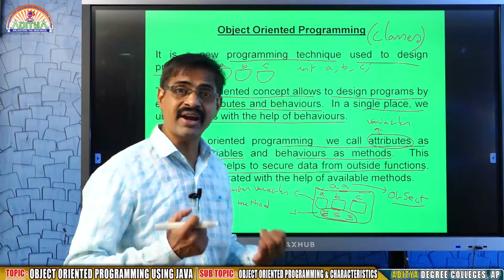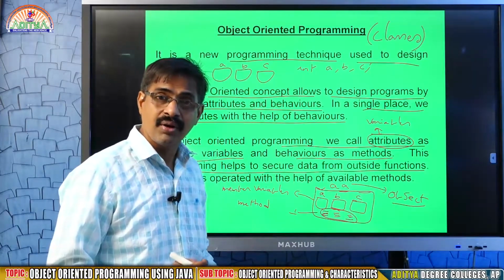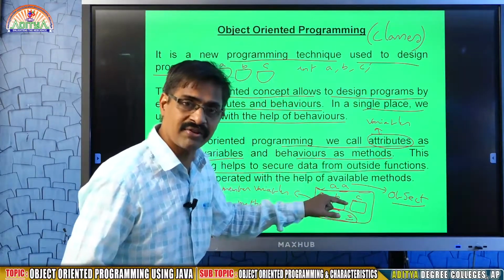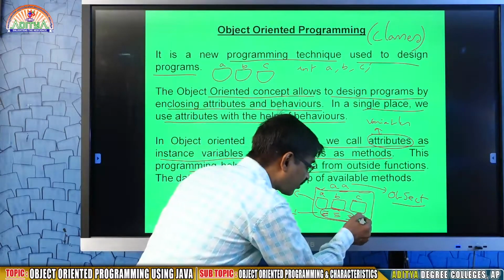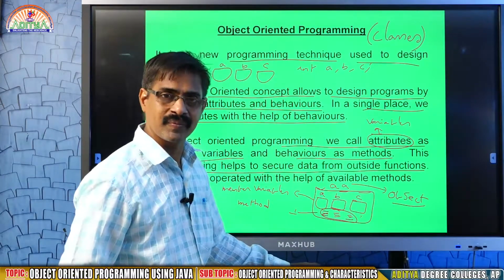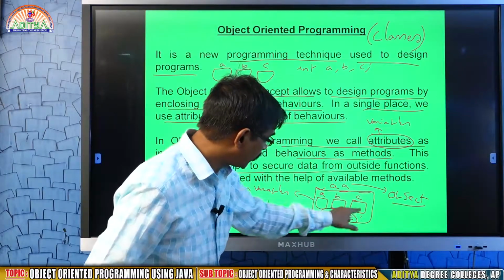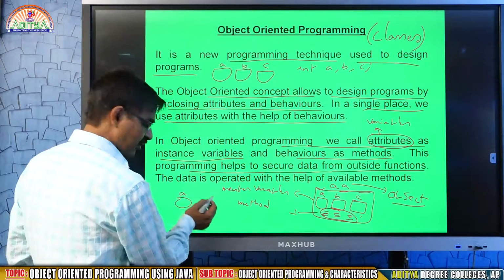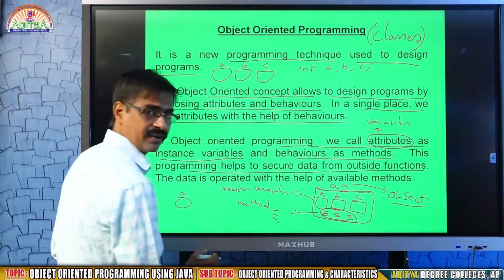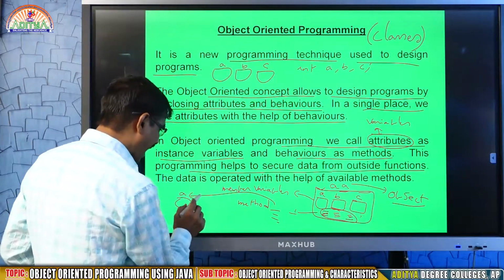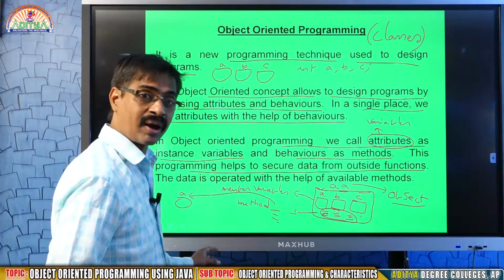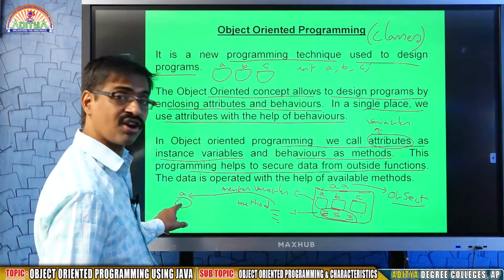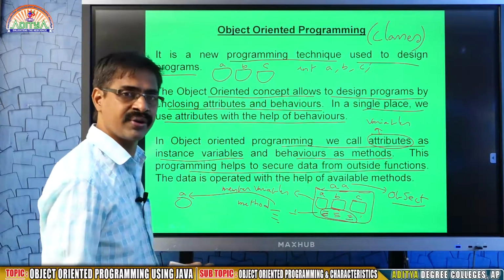How is security maintained in object oriented? Whatever manipulation you want to perform, for doing such manipulations we write methods. The methods are already inside, so what will happen? These methods will operate on their own variables. In C, it is not like that. In C, variables will be in one place and methods will be outside. So this outside method will show the activity on the variables. So what happens? If anybody writes any method, that method will perform the action on your variables. That's where your security is lost.